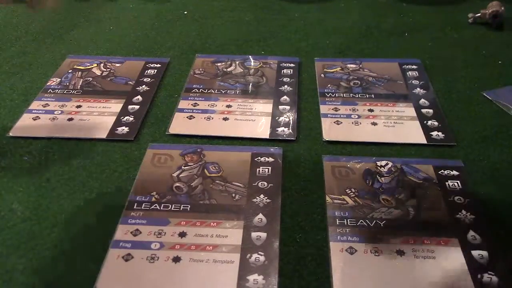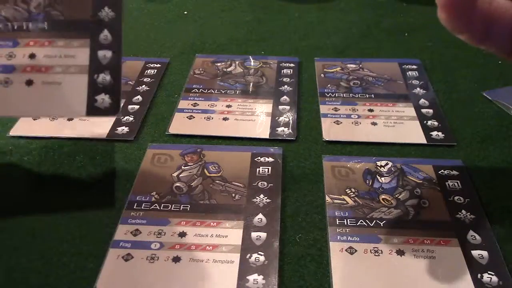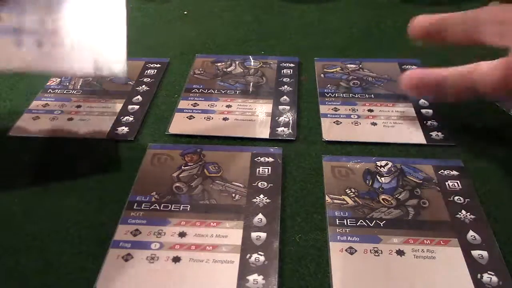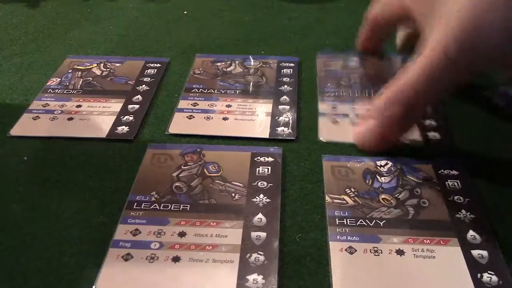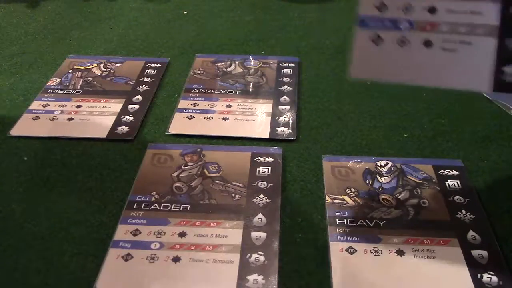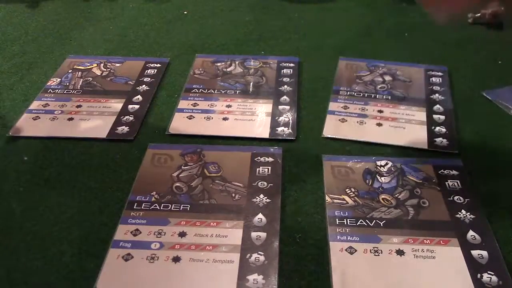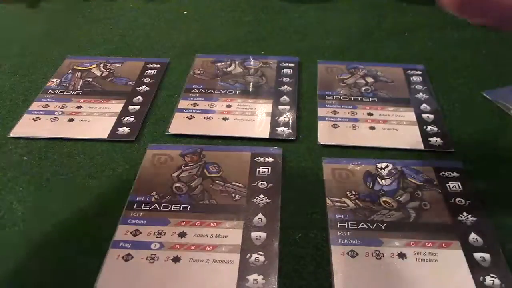So this is what I'd say for a close combat build. Maybe you could take out the Monkey Wrench or the Medic for the spotter, because has the Monkey Wrench got connections? No, maybe take out the Monkey Wrench, because the Monkey Wrench ain't got connections, the spotter has. So you've got a more connections orientated